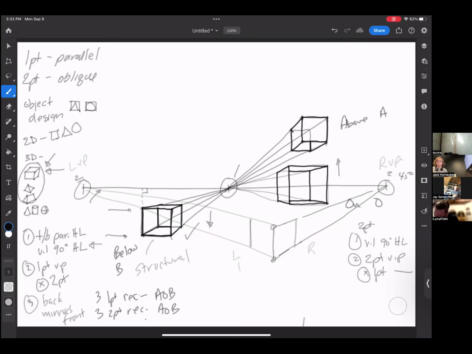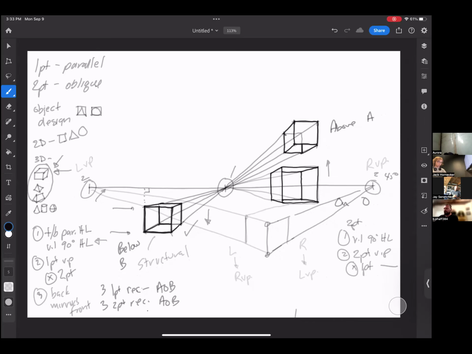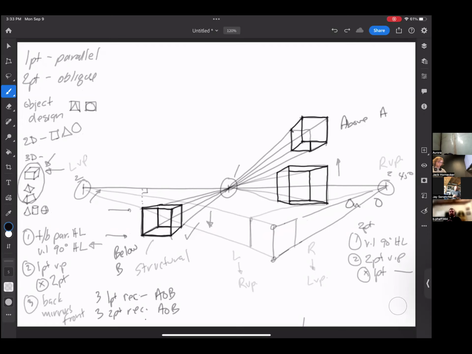You're going to connect the top and bottom of the left-hand side of your object to the right vanishing point. You're going to connect the top and bottom of the right-hand side of your object to the left vanishing point. So this point here gets connected there. So does this point. They both go to the same spot. You'll excuse my squiggly line. And then same thing in the opposite direction.